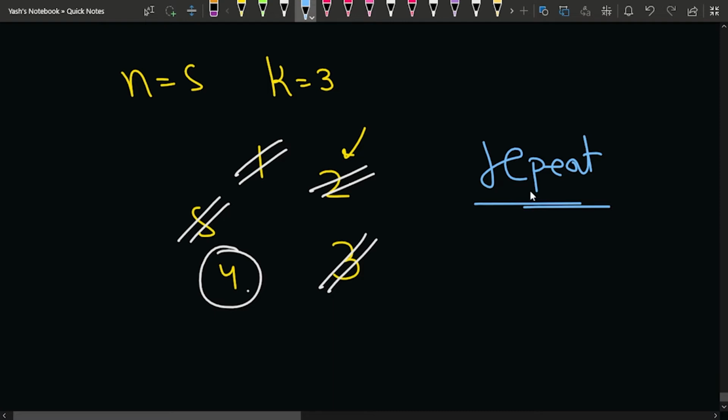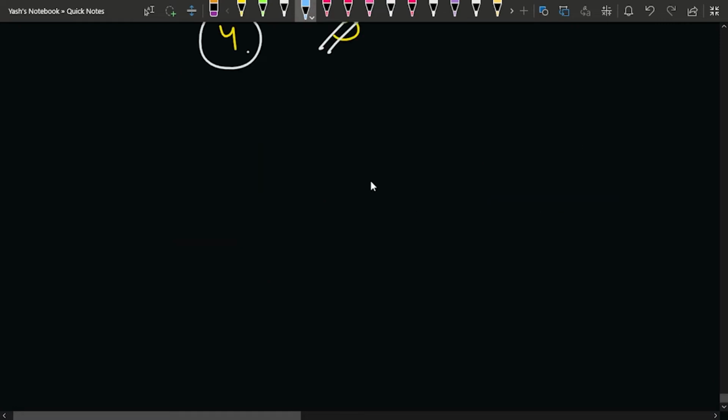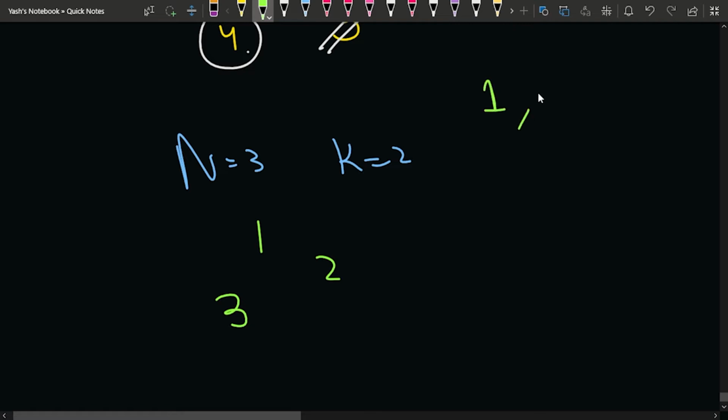So suppose the case was n is equal to 3, again k is equal to 2. As we discussed already for this case, if 1, 2 and 3 are given, what I can do is insert these elements into an array. Like I can insert 1, then 2 and 3 into an array, and then from the starting I can kill the people. If I am starting from the 0th index, because this will be the 0th index at which 1 will be present, so currently I am at index 0, correct?